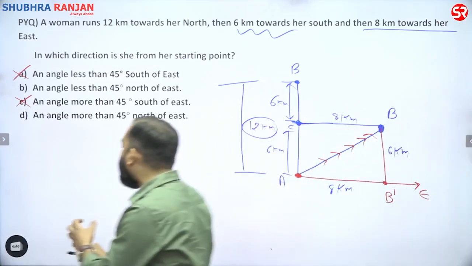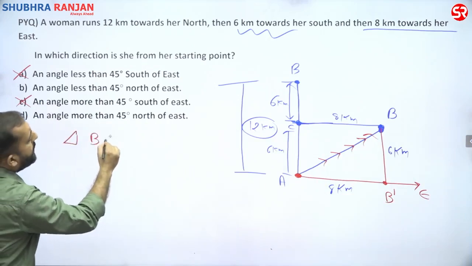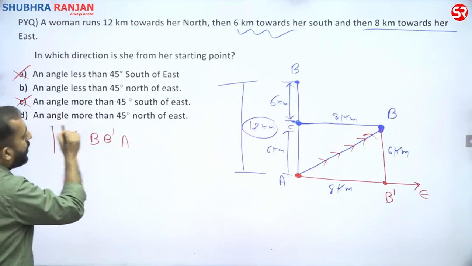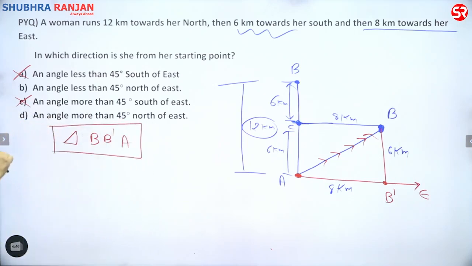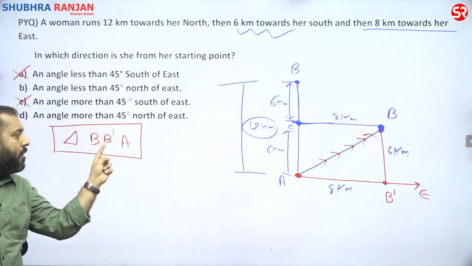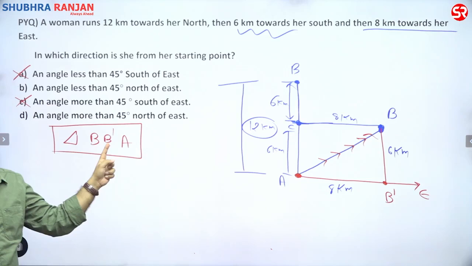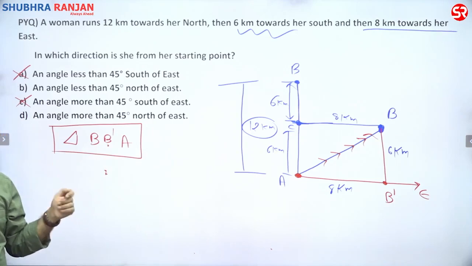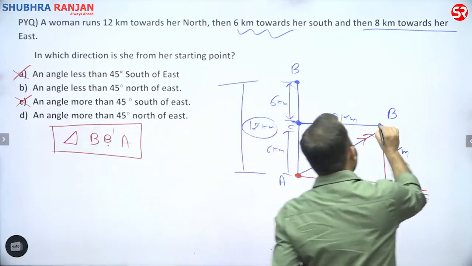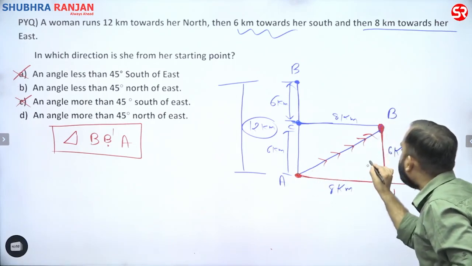Now I can see, please pay attention to triangle B dash A. Now let me give you a way of writing things whenever you are using geometry. Whenever you want to write down a representation for a right angle triangle, do write the point of 90 degree in the middle. This is the right way of writing things. Now in this triangle B dash A, angle B dash is definitely 90 degree.